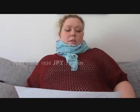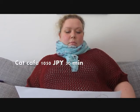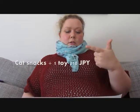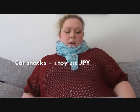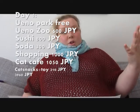The 1,050 yen was half an hour in a cat cafe, and it includes one drink. If you want to feed the cats and play with them with a toy, that costs extra. Combined, the cat snacks and the toy are 210 yen. So even with all that, the Ueno Park, Ueno Zoo, sushi, the sodas, 100 yen shop,